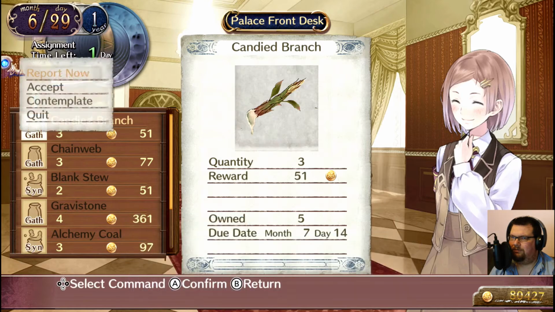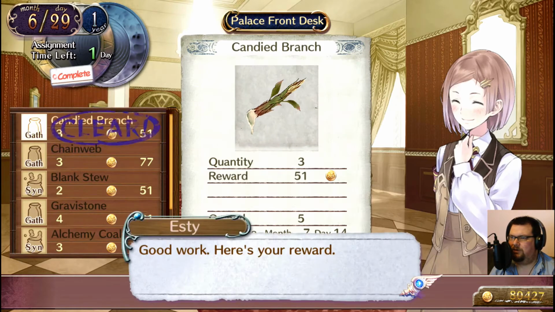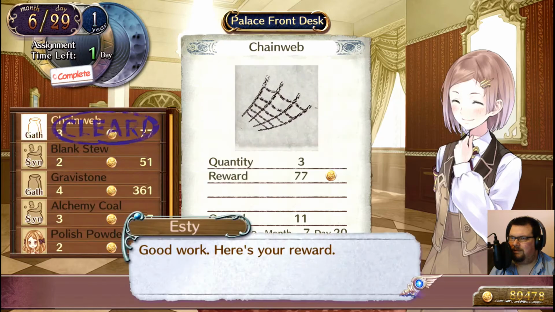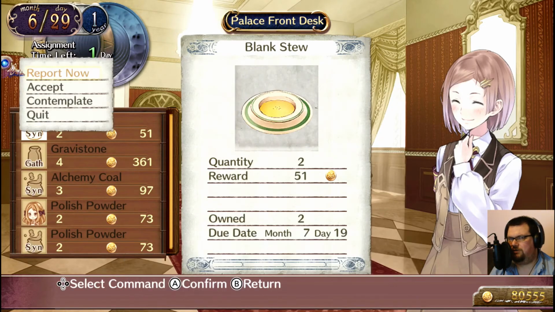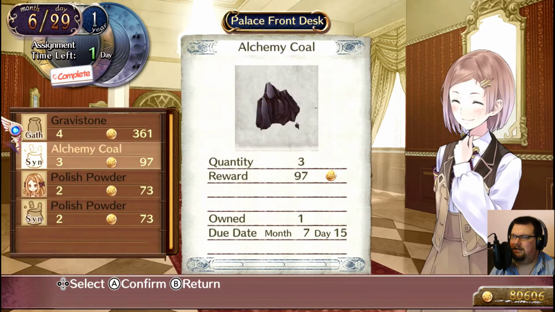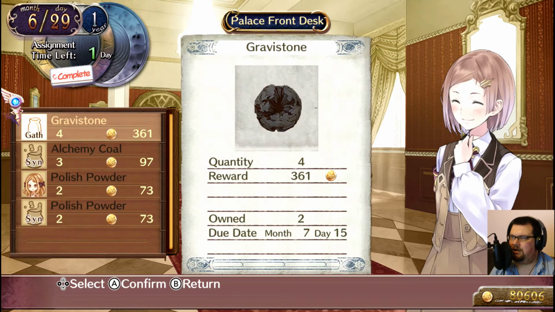Yeah, sure. Why not? Have the rest of the ones I just bought. Loads of them. Still got some of them left over. This is why it's good to sort of overmake, because then you can just clear stuff quickly like this. And then one more day to deadline. So